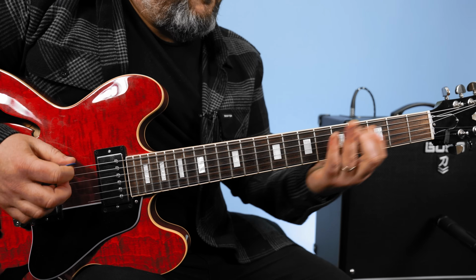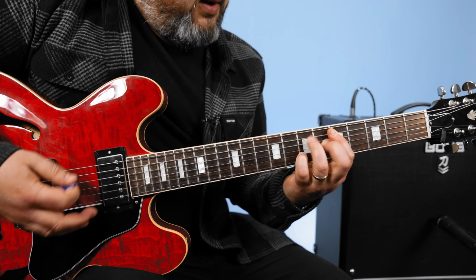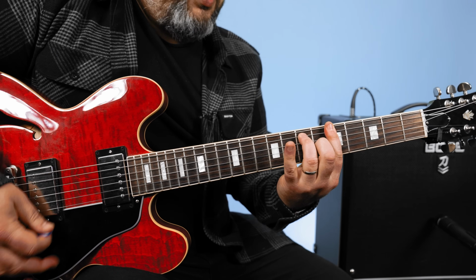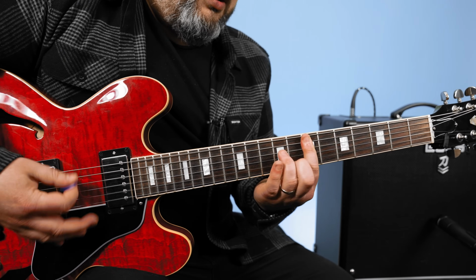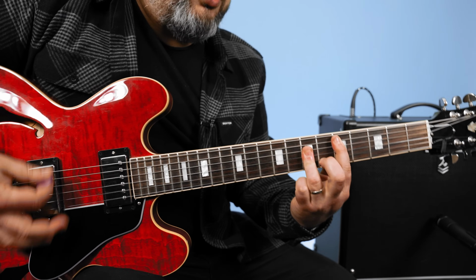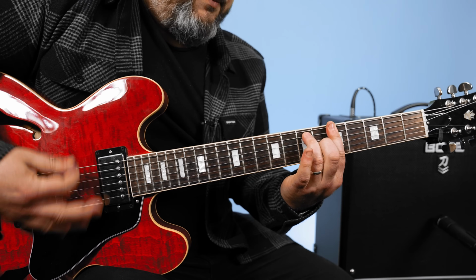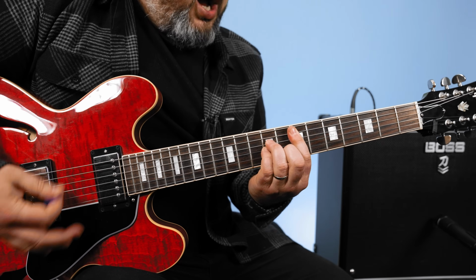Go to an A, D major 7, D6, back to D, D sharp diminished, E minor, A, E minor to A, E minor to A, E minor, A, walk down, D major 7, D6, D sharp diminished, E minor, A7, E minor, A, E minor, A, E minor, A, D,